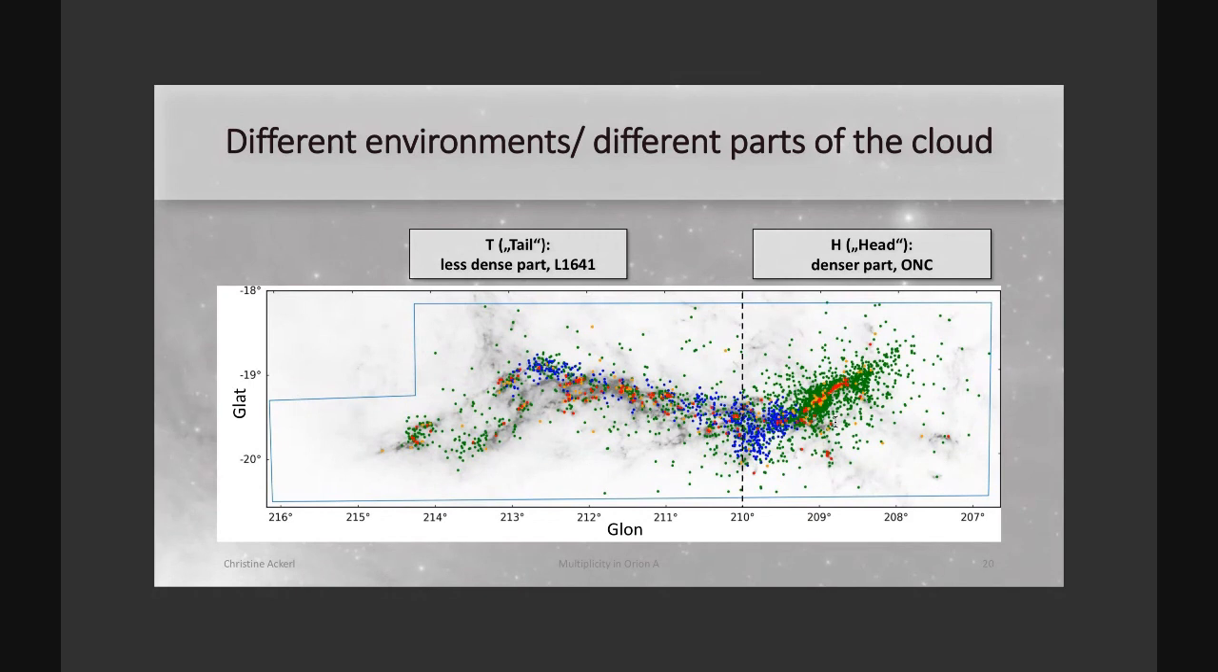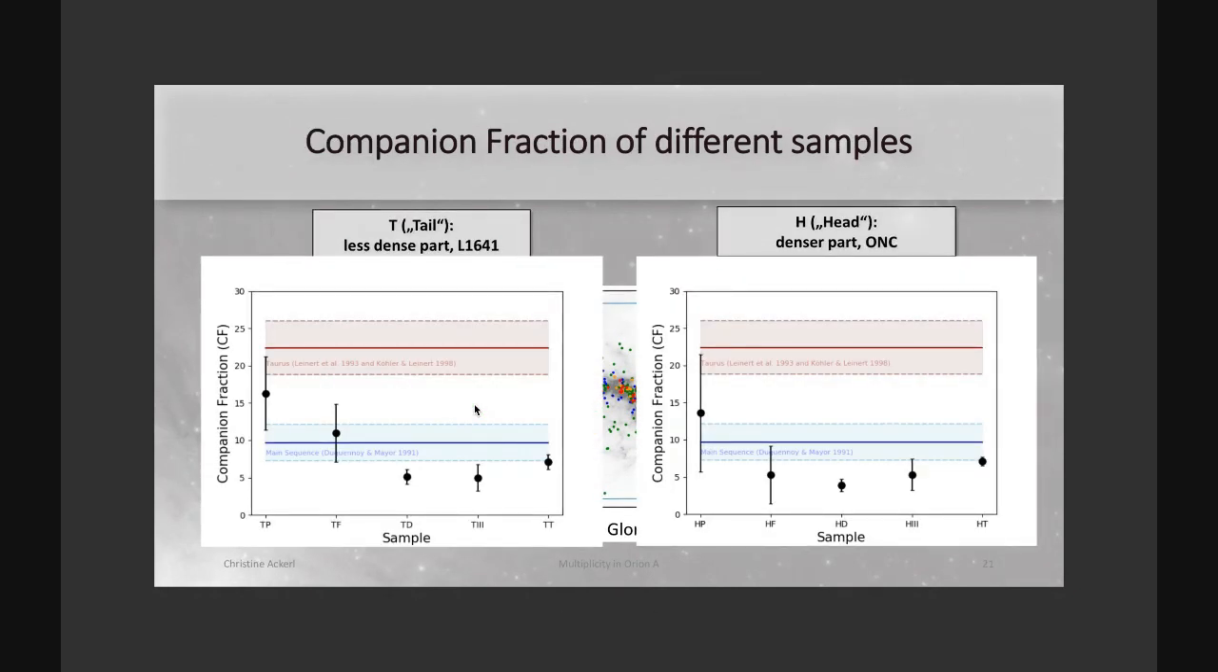So, for example, different environments. And Josefa Groschel, for example, found that there is a good reason to divide Orion A into two parts, which we can, for simplicity, call the head here with the ONC and the tail here. And if you just look at the different samples in these environments and also the different evolutionary stages of YSOs, we get this result. So here we have the protostars in the tail, the flat spectrum sources in the tail,